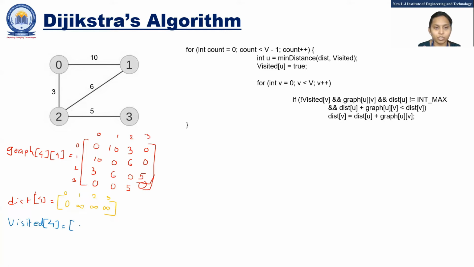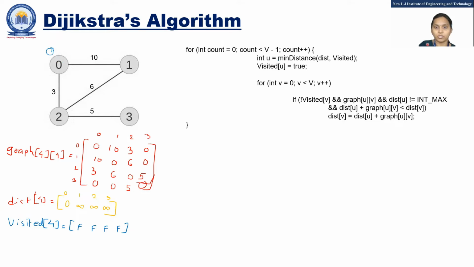So in our case, visited is false, false, false, and false. Okay. And anything else needed? No. Let's start here. As I said, distance is 0. Distance to itself is 0, and the visited flag is right now false. So check that